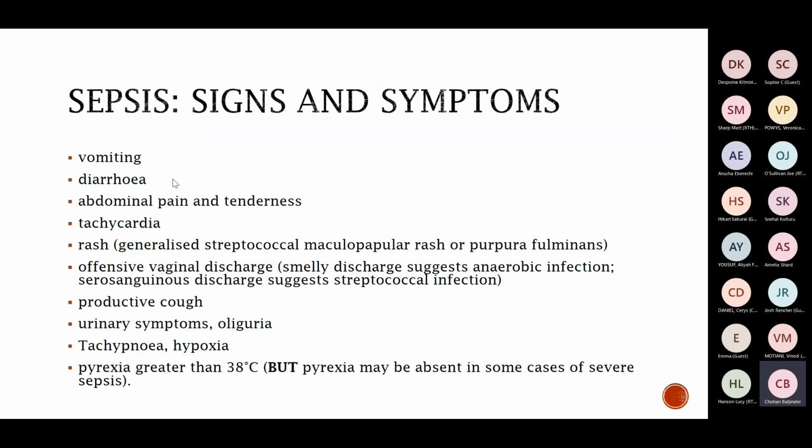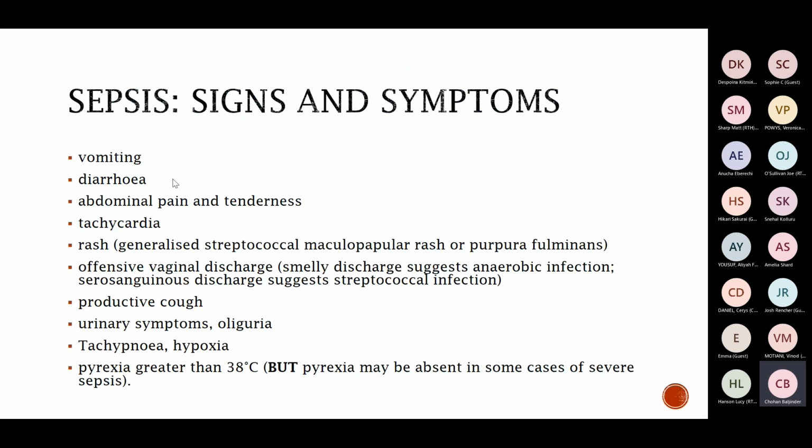Ask about vaginal discharge as well. Sometimes lots of women may not realise that they've ruptured their membranes, even if they are multiparous. So it's really important to ask that. Sore throat, really important for group A strep as well. And then, I think you guys covered the rest of that.